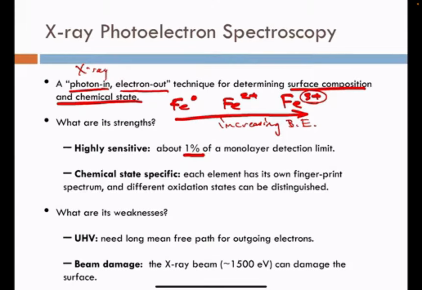So it's chemical state specific for each element, and each element has its own fingerprint region. We can calculate the binding energy for each element. The 1s, 2s, and 2p binding energies for nitrogen are a unique spot on the x-axis of binding energy, and we call that a fingerprint for nitrogen. And likewise, all other elements of the periodic table have